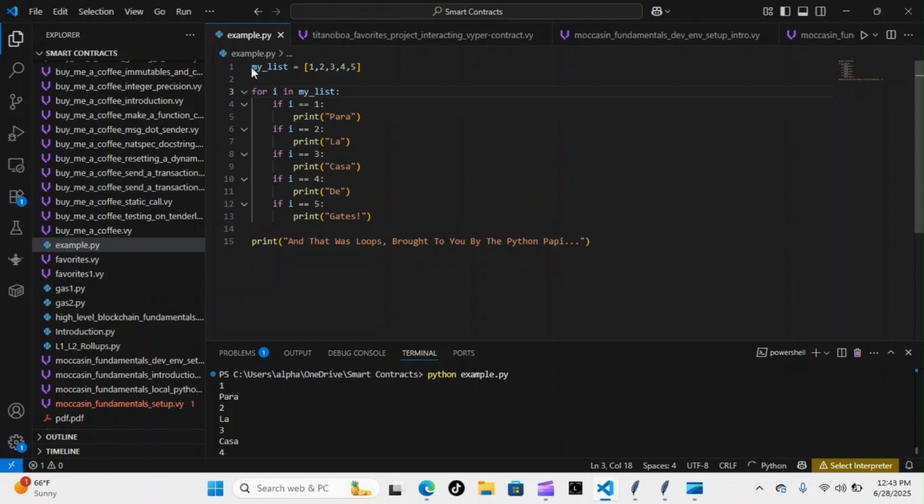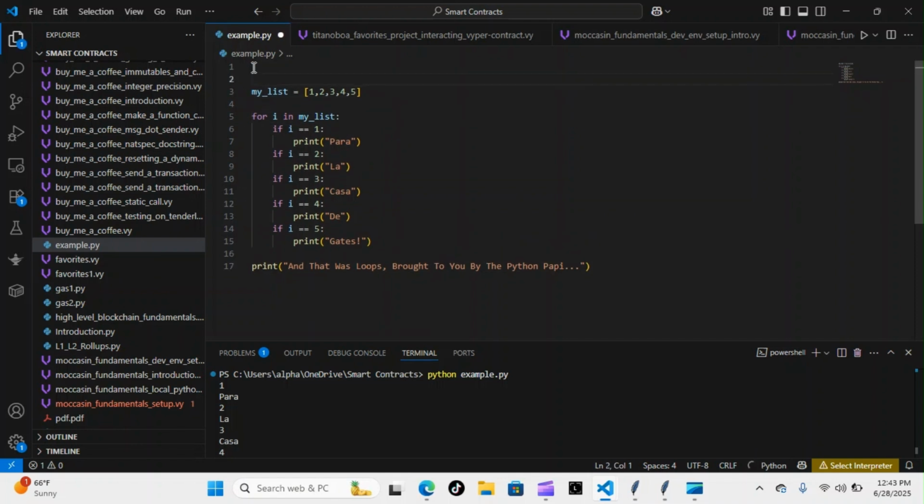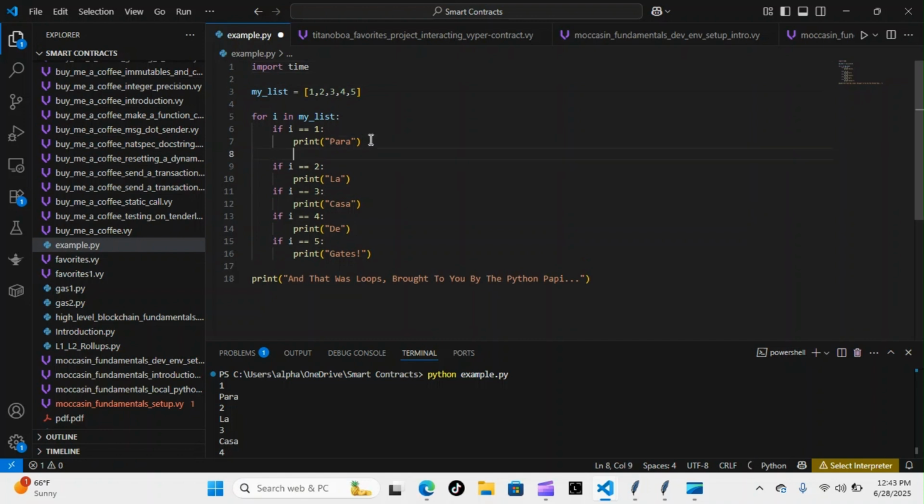And what we're going to do is add a different element to the code here. I know you don't know what this is, and I'm not going to take the time to go over it right now, but this is just something extra that we can add to put a little space between our printing. So it's not going to print immediately. It's actually going to pause a little bit and give it some time between each iteration. So we're going to say time.sleep, and let's make it 1 second. And we're just going to do that for every iteration, so after every print,